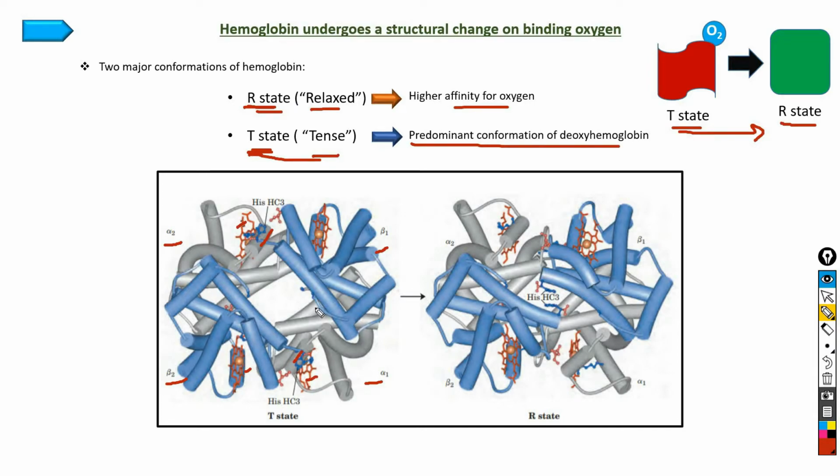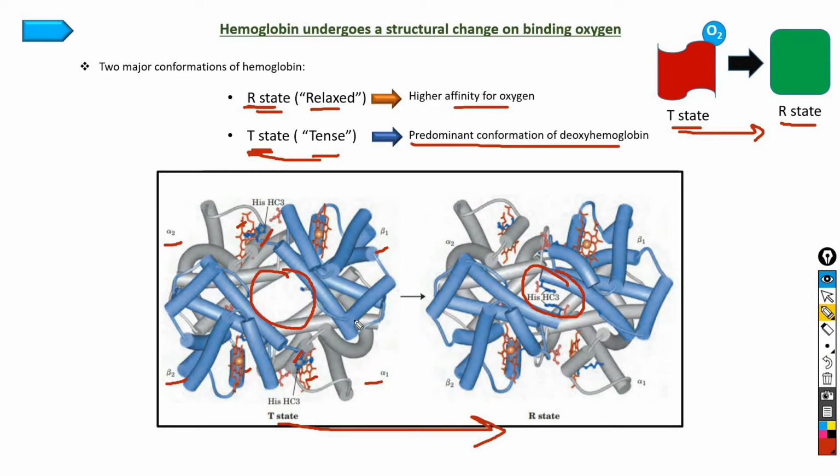So when the entire protein undergoes transition from T state to R state, the structures of the individual subunits change little, but the alpha beta subunit pairs slide past each other and rotate. That results in the narrowing of the pocket between the beta subunits. As you can see here, this is the pocket in the R state and this is the pocket in the T state, and the pocket in the R state is narrowed down as compared to the T state.